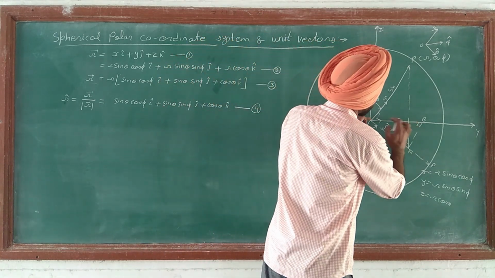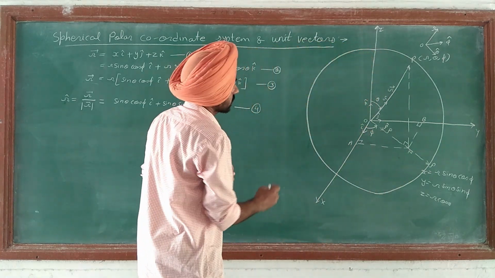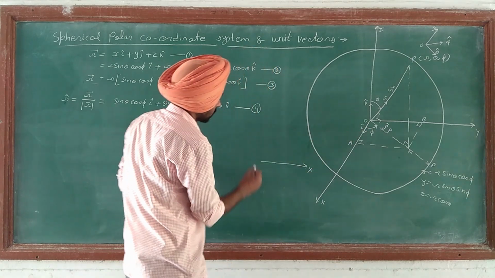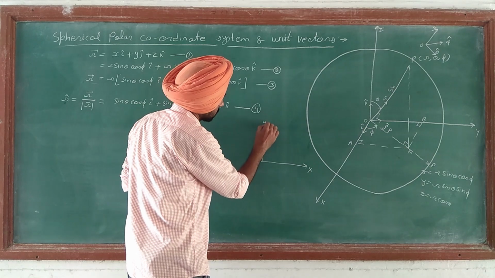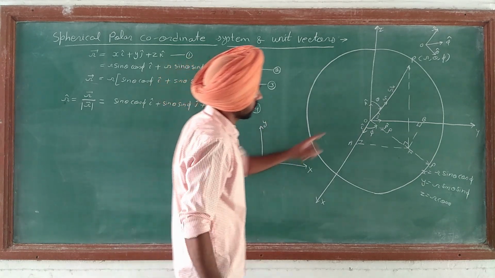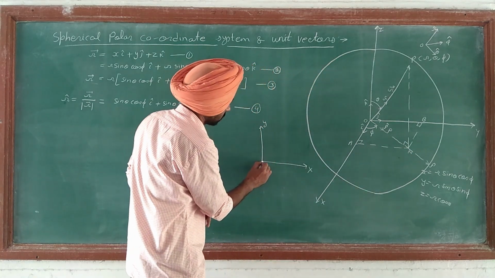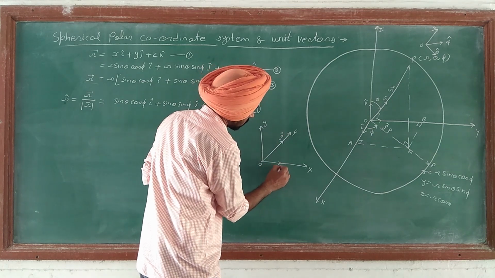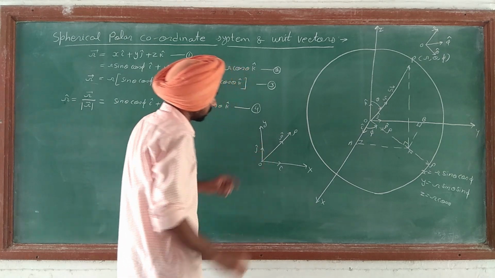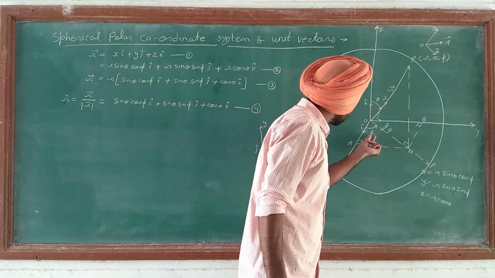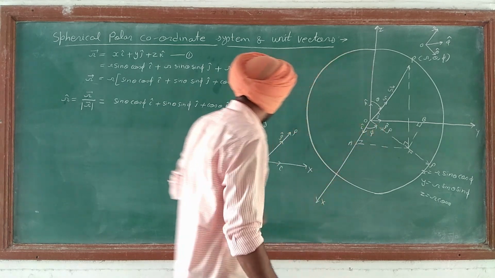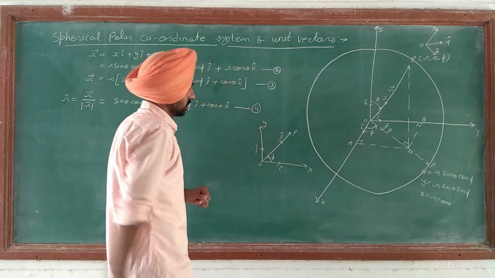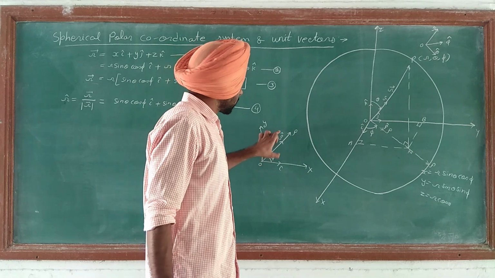If I draw this part of the diagram as a separate diagram, then we have this axis as x-axis, this axis as y-axis. They are mutually perpendicular to each other. This is point O and rho is here. This is rho, and here it is rho cap. The unit vector along x-axis is i cap, and j cap is along y-axis. Now phi is the angle between i cap and rho cap. So this angle is phi. So first we find out the unit vector rho cap.